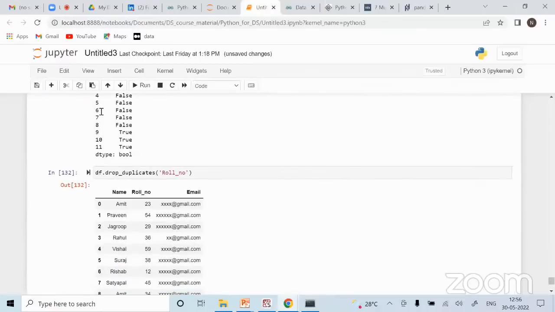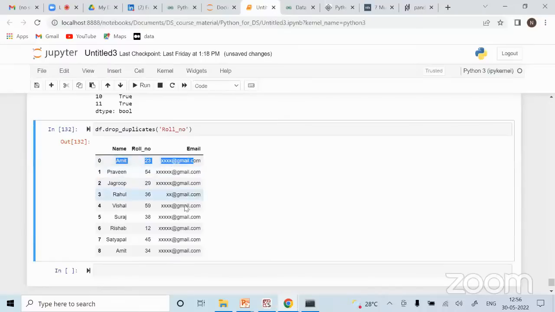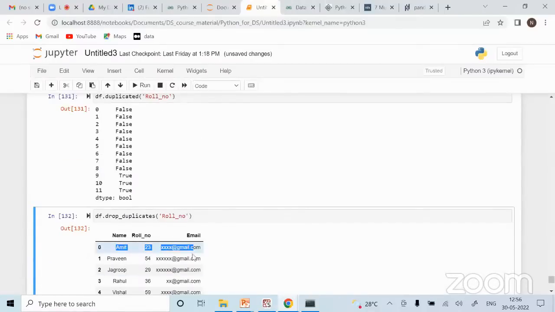बिकॉज सिंपल रीजन, बाय डिफॉल्ट कीप इज इक्वल टू फर्स्ट, तो फर्स्ट वैल्यूज उसने रखे हैं. अमित के जैसे केस में दिस वाज द फर्स्ट वैल्यू एंड इट हैज केप्ट दैट. इफ यू डू कीप इक्वल टू लास्ट, सो लास्ट रिकॉर्ड रखेंगे और फर्स्ट रिकॉर्ड्स मिसिंग हो जाएंगे. And if you do both, then both will be missing. So likewise you can play and change with that.